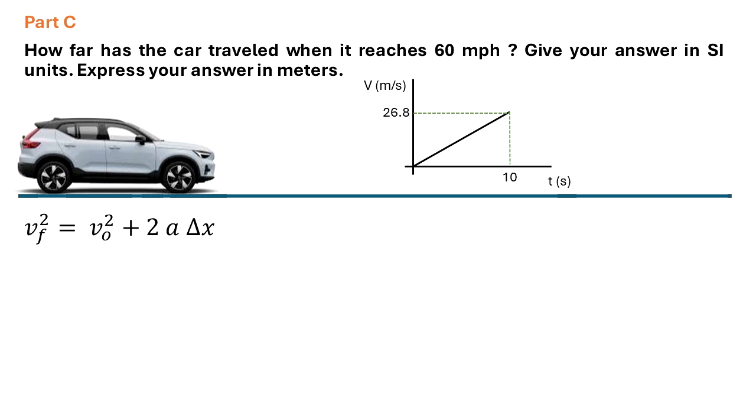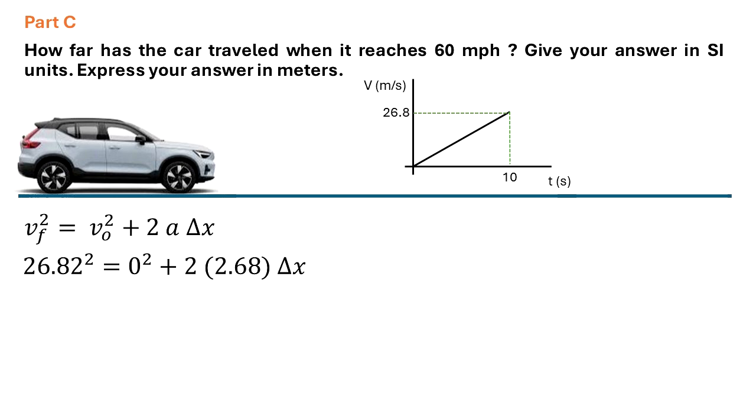We can see on the screen a graph of velocity in meters per second against time in seconds. The y-axis is velocity and the x-axis is time. It is noted that 26.8 meters per second is the max velocity, and 10 seconds is the time that it took the car to reach that velocity. Now that we have this graph in mind and we see that the acceleration is constant, let's analyze this case